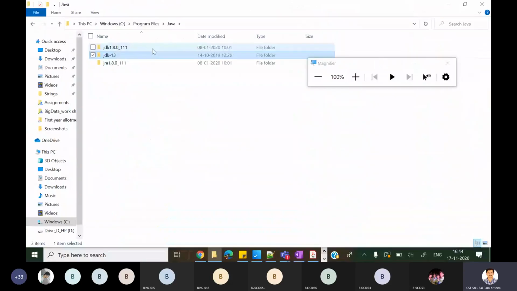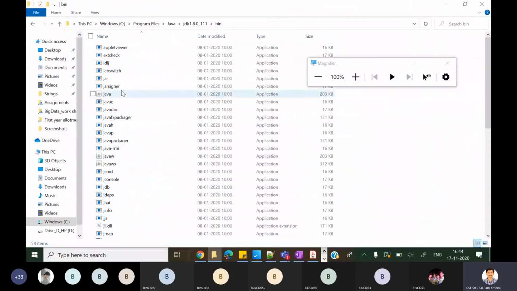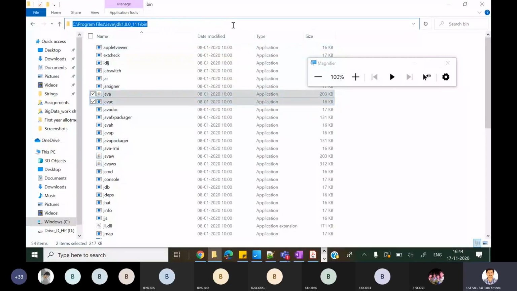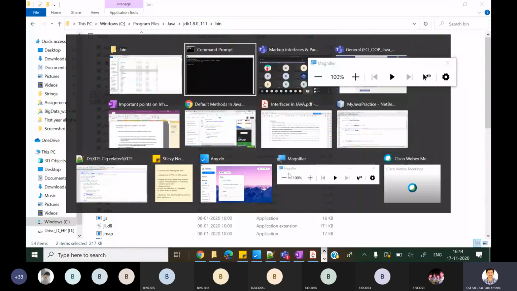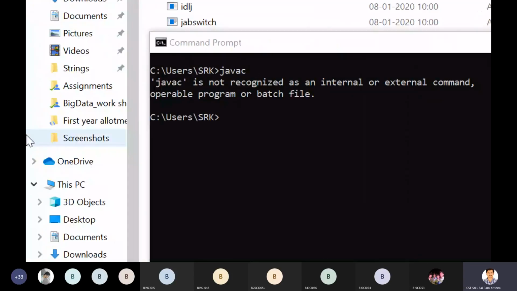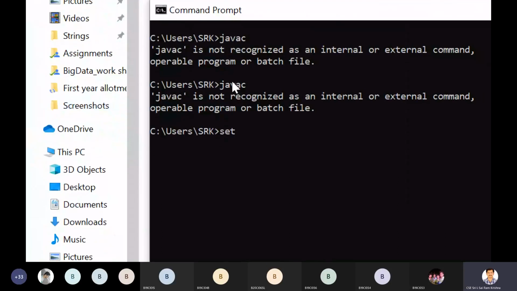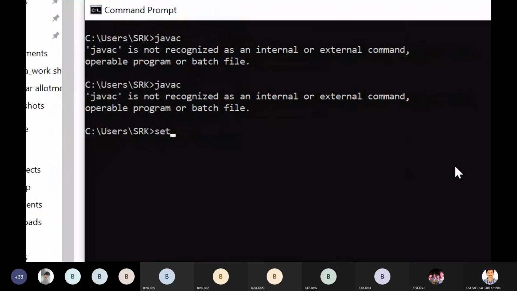Now, how can I make it execute from Java 1.8? See, these two are the two files, right? Copy this path. Done. Now go to the command prompt, and here you can type this information. You got this error, right? Let me again type the same javac. You got an error. Now, this is the command. You can note down set